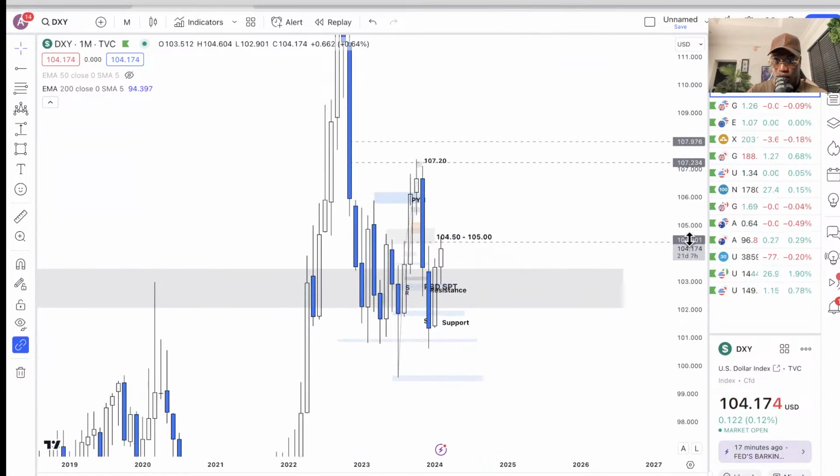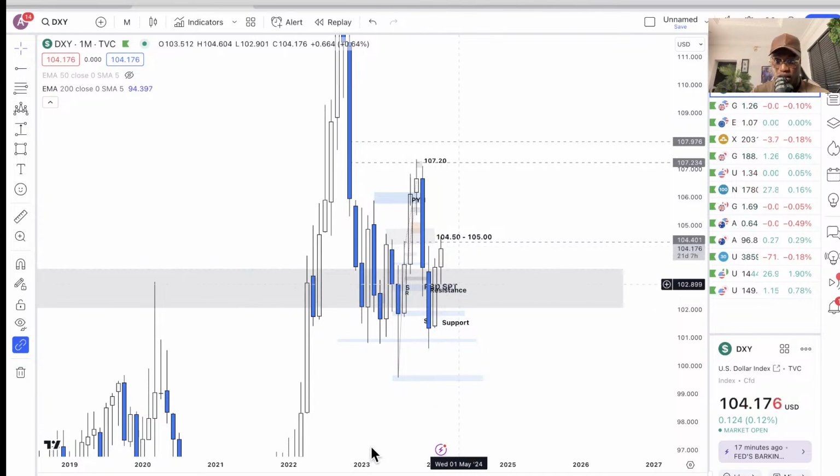Now, if you look at the previous monthly candlestick, you can see that this candlestick was bullish. Throughout January, the dollar was bullish, right? We're seeing the market recover from this level of demand, which is going to serve as our support. You can see how it pushed back up, and February is continuing in the same course. We're trading above the closing point and above the highs of the previous candlestick, which is January's candlestick.